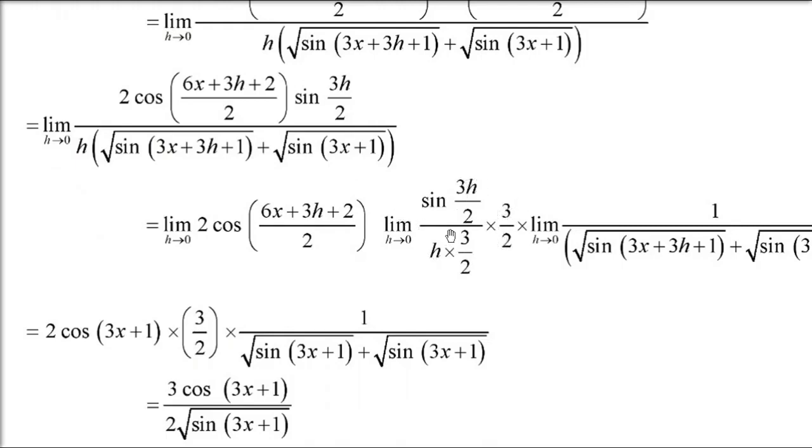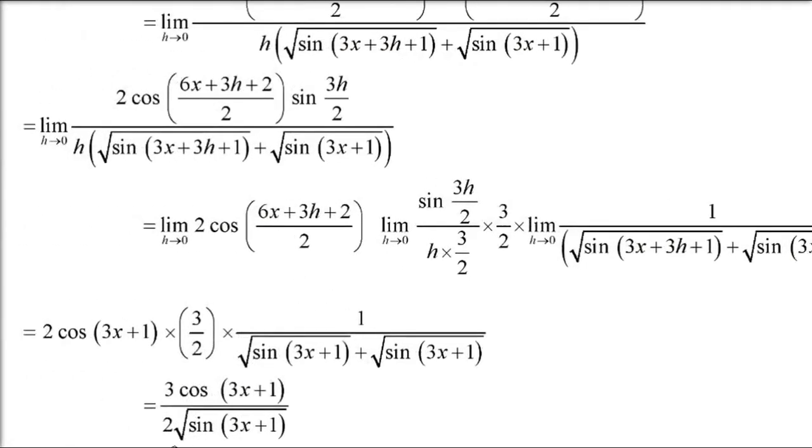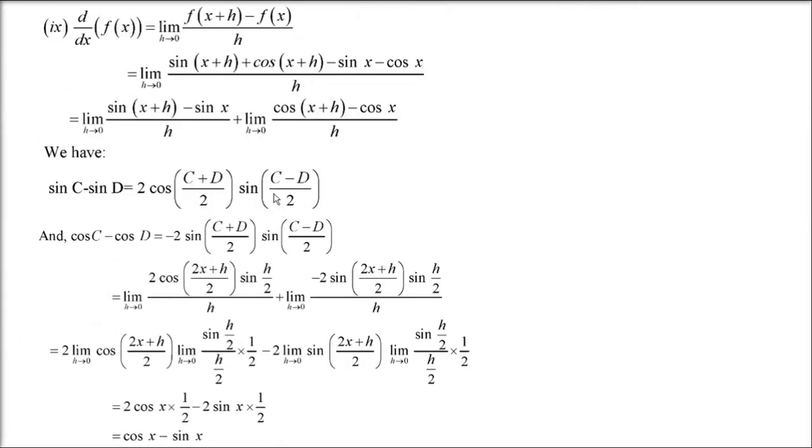This whole is going to be 1, sin theta by theta. 3 by 2 will come. Now coming to this one, h is 0 here, limit h tends to 0. So 6x plus 2 by 2. So you can take 3 common from here. So 3x plus 1 only will come, 2 gets cancelled. So 2 cos (3x plus 1) into 3 by 2, the first term. Now the denominator was already there. I told you earlier that when you put h as 0, it will be twice under root sin 3x plus 1. So in the numerator you have 2 gets cancelled. So you have 3 cos (3x plus 1), and in the denominator you have twice of under root sin 3x plus 1. Okay.